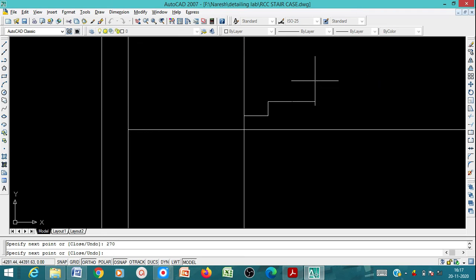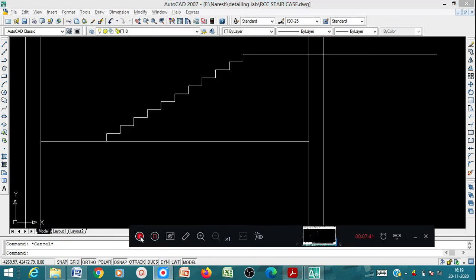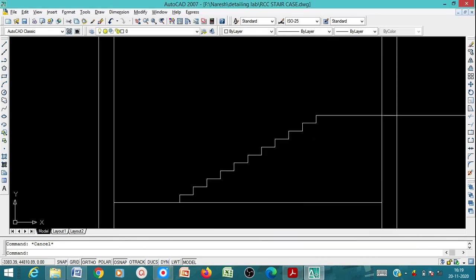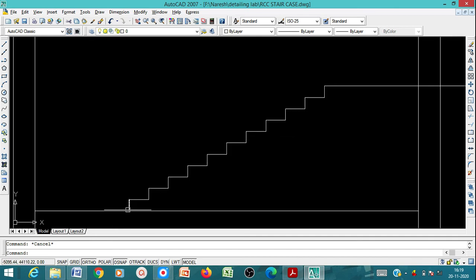We can do it like this. This way you have to prepare. You have to just extend, or you can make it 150, 270, 150, 270 like that, and reach here. Then we have to give the waist slab thickness.